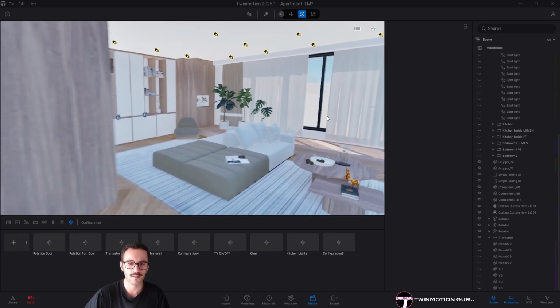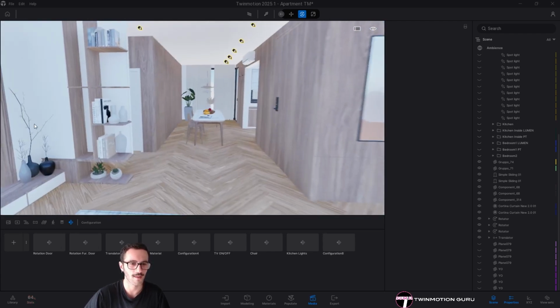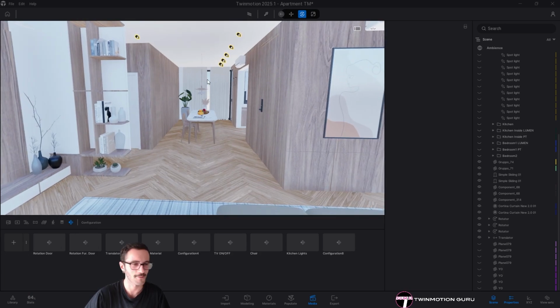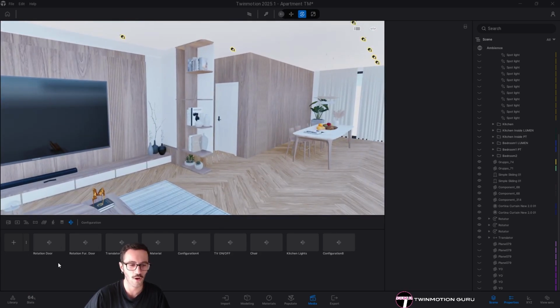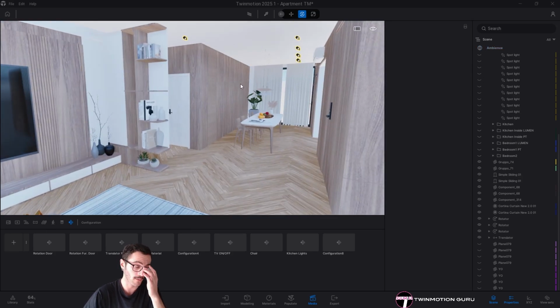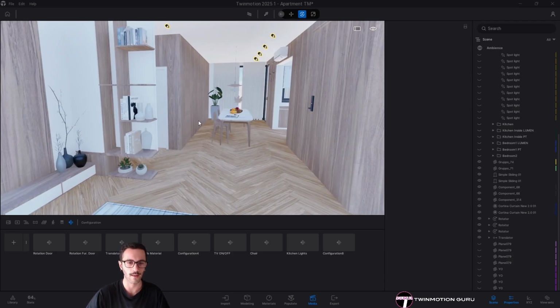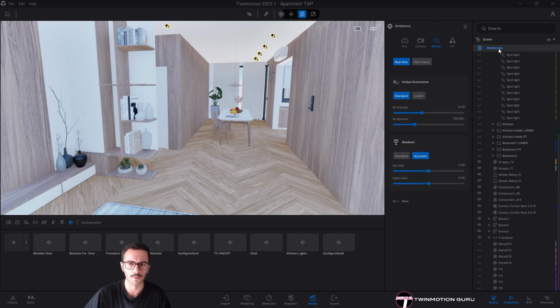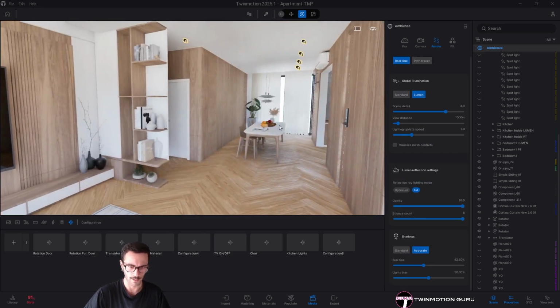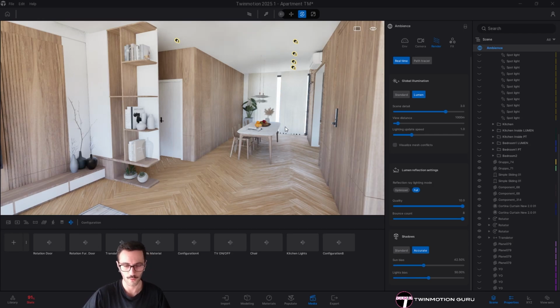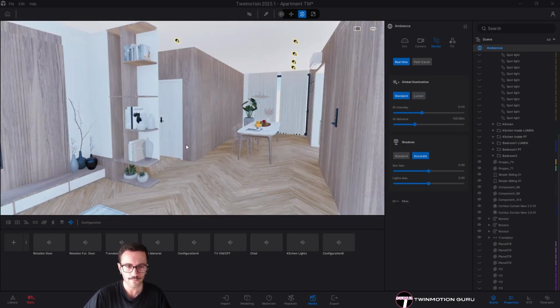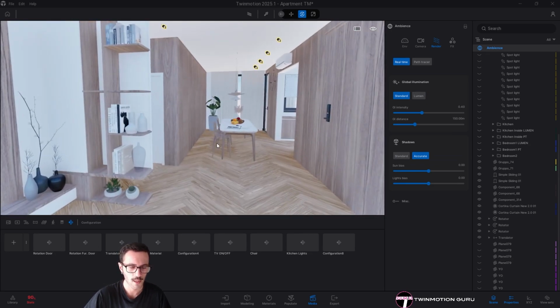And as you have noticed, maybe I should have said it at the start, but from now I have created all the configurations with the raster engine, only because I'm much faster at creating configurations without lags or the software being slow. Of course, you can do the exact same thing by using Lumen from the very start, but of course, it will be a little bit slower, depending on your PC configuration.